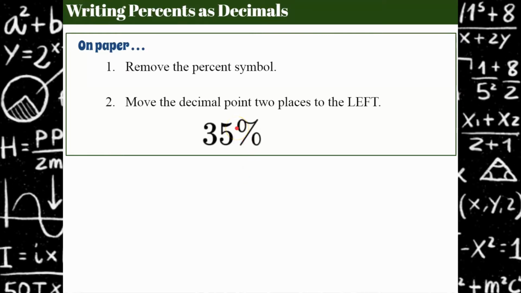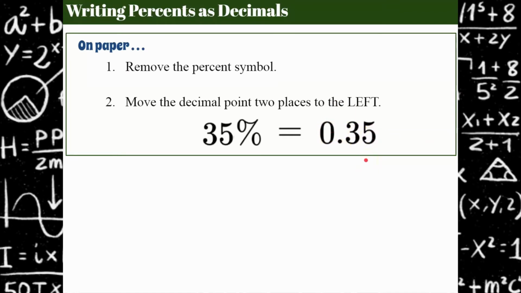So you have 35%, you take away the percent, and remember you have a whole number there, right? 35%. The decimal is probably not there, it's invisible. So you have to add it. And now we're going to go 2 places to the left. And then you can put the 0 to add that significant figure, 0.35. So we want to note that there is no significant figure to the left of the decimal point, 0.35,